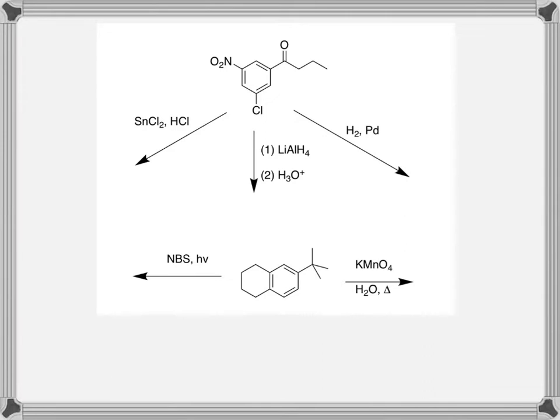functional groups. First, we'll start with the hydrogen and palladium. When that happens, we reduce the nitro group to an NH2 group. We reduce the carbonyl to a methylene group. Methylene is a CH2 group. The next reagent we're going to look at is lithium aluminum hydride, followed by aqueous acid